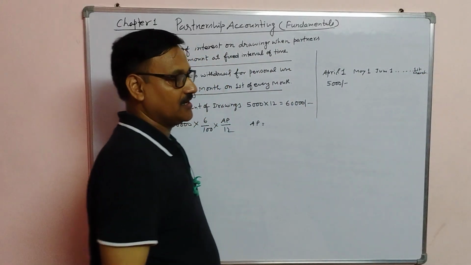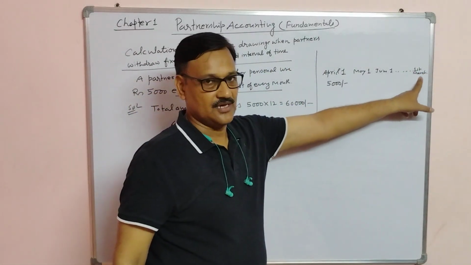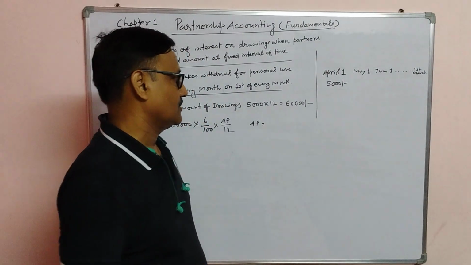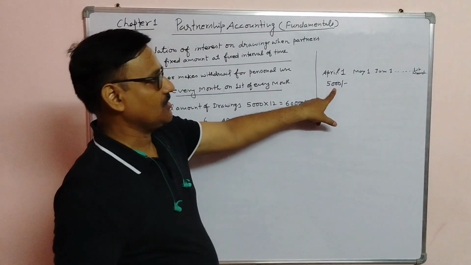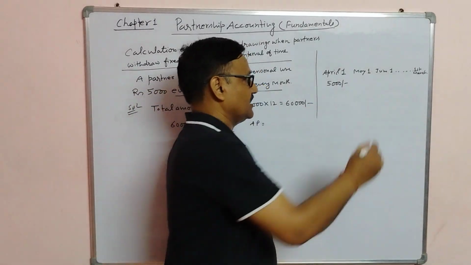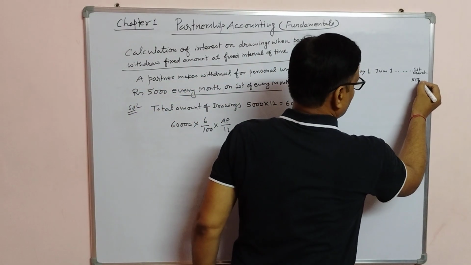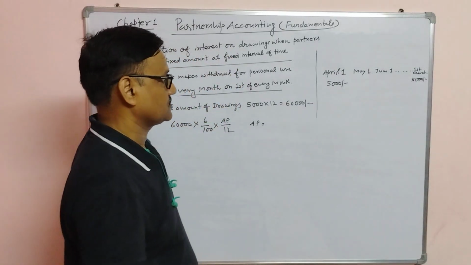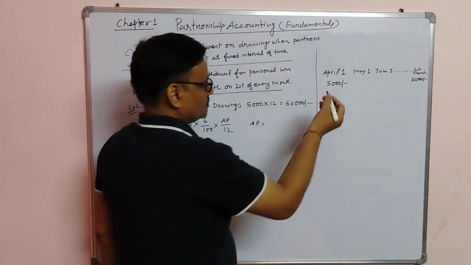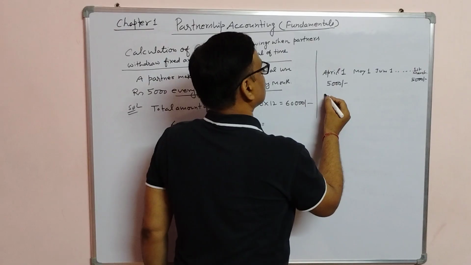That is the last month of the year. So we have to take only the first withdrawal and the last withdrawal. Here also he will withdraw rupees 5,000. So the first withdrawal